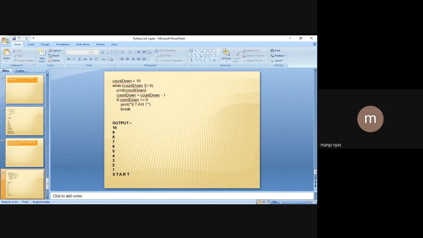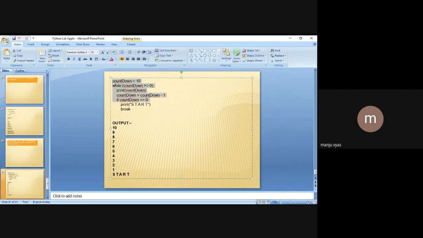First it will print the value of countdown, that is 10. It will calculate countdown minus 1, which is 9, so it will go to the loop again, and then it will print 9. As soon as the value of countdown goes to 0, it will print start.